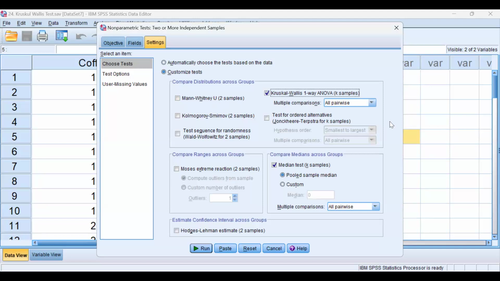The one, no cup coffee with 1 cup coffee, one pair. No cup coffee with 2 cup coffee, another pair. And the third pair, no cup coffee with 4 cup coffee. And then we will check the significant difference in each pair. Is it clear? So then run, and after run,